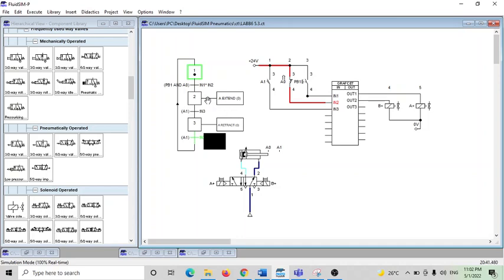The cylinder A will extend from A0 to A1. Then after it reaches the sensor A1, it will trigger the in 3. So the solenoid valve B plus will retract the cylinder A back to the initial condition.